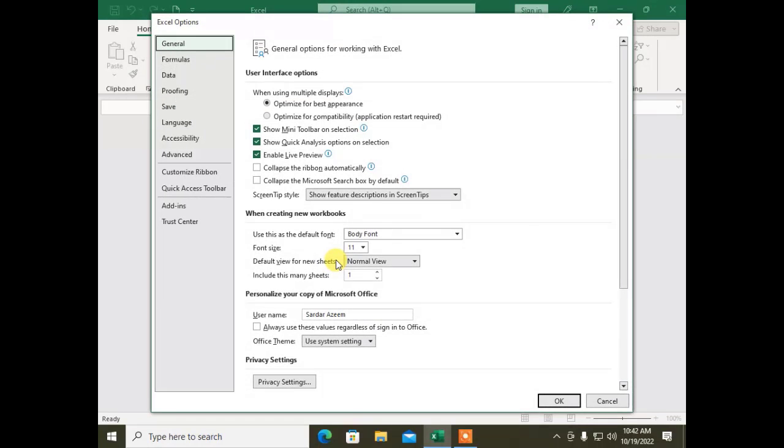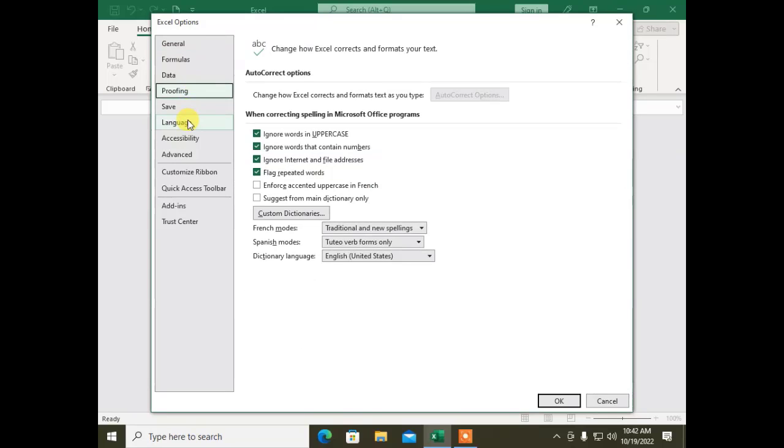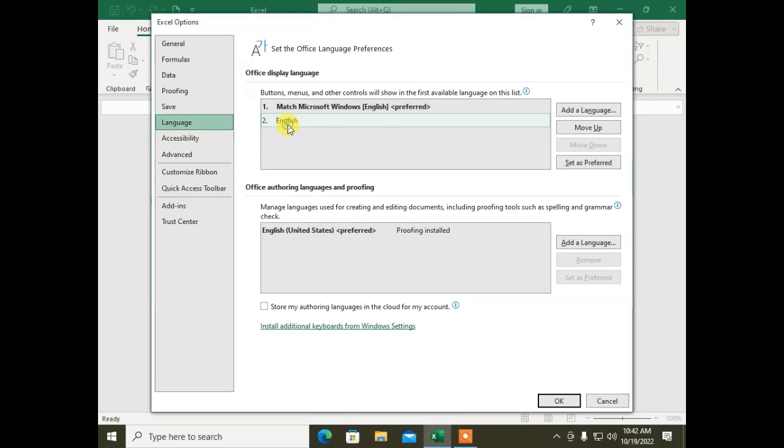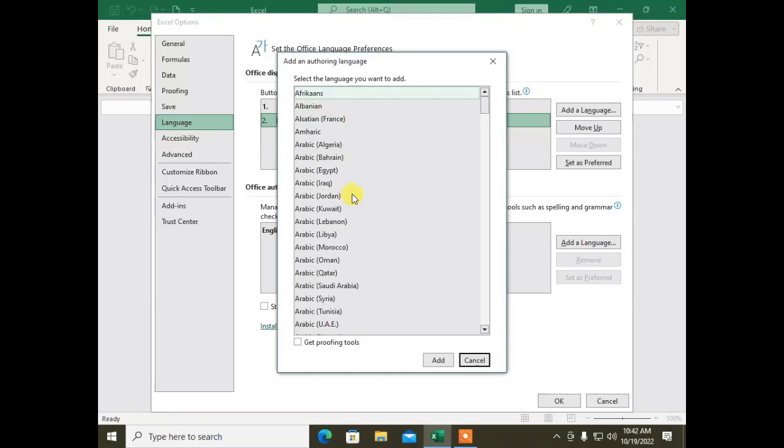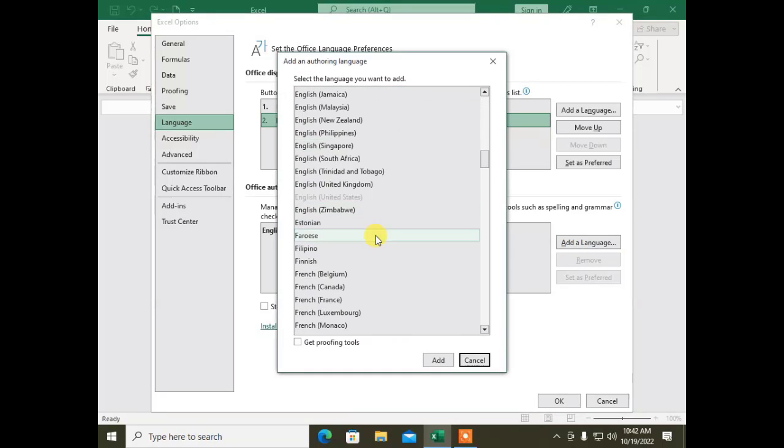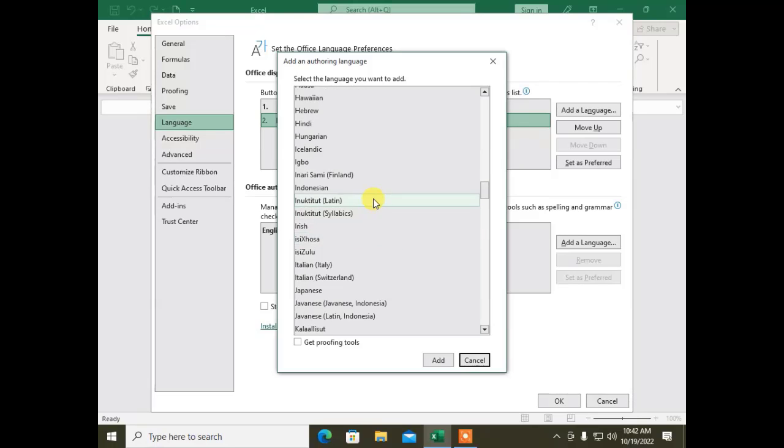The last one is options. This is for setting the options of Microsoft Excel. For example, I want to change the language of Microsoft Excel. I'll go to the proofing or language option. This language is English. I can add additional languages from here. I'm going to click add language, and there are multiple languages over here. You can see,